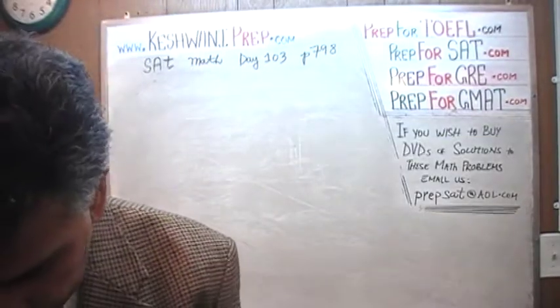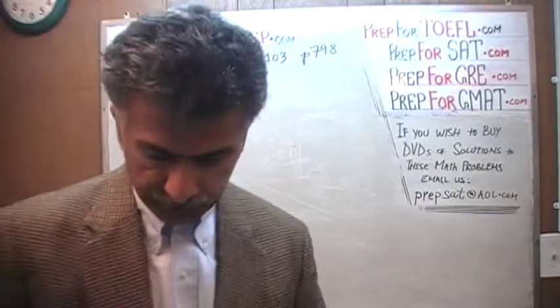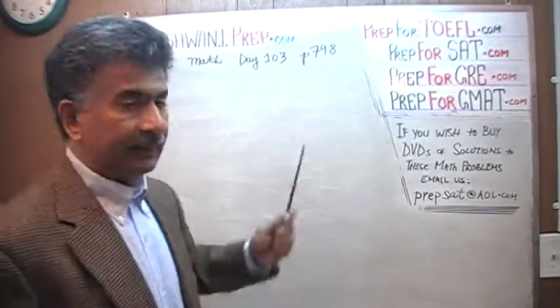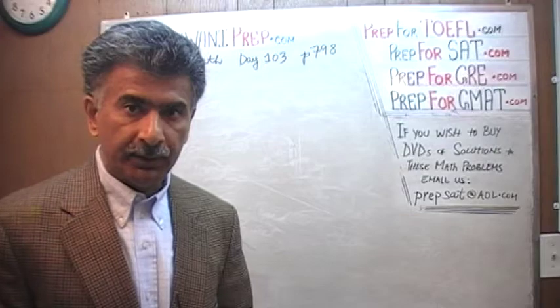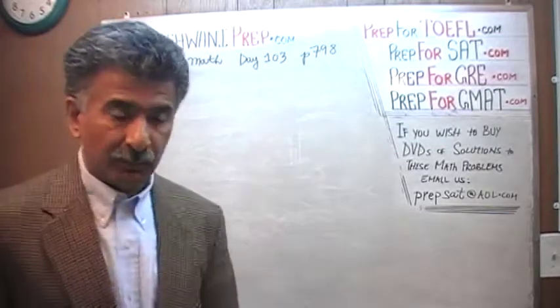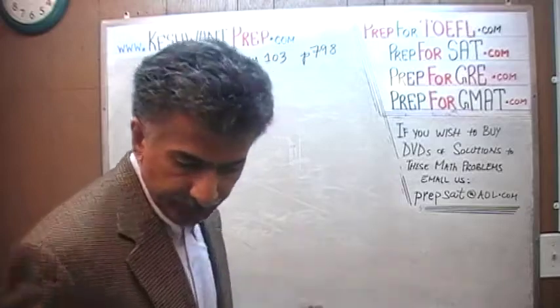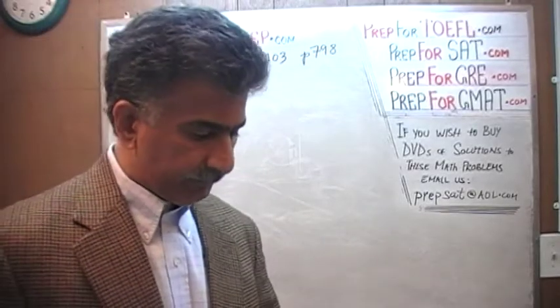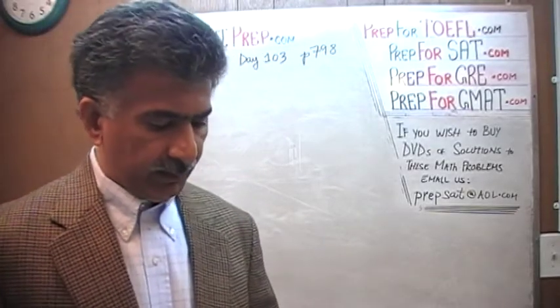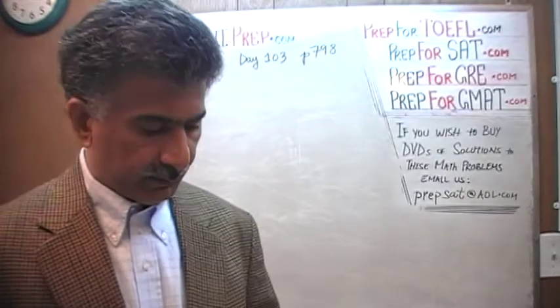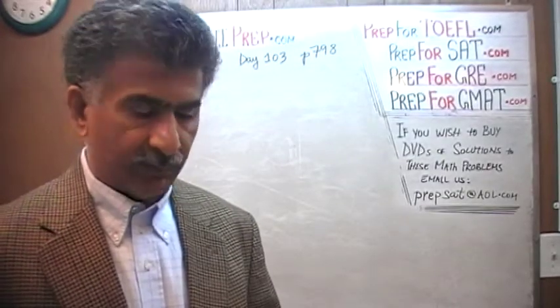The problem that we are about to solve is the one that you will find on page number 798. Please turn to it, page 798, and today is our lesson number 103. Let's take a look at it. On page 798, problem number 11, it says in the XY coordinate plane, line M is a reflection of line